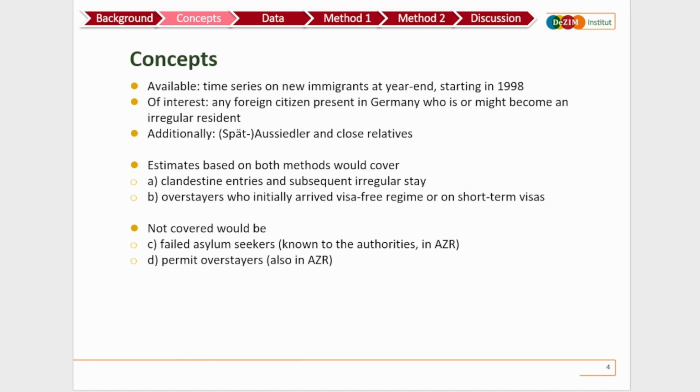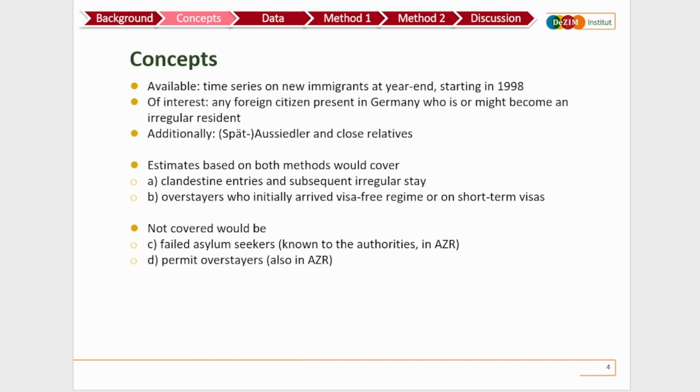What these estimates would cover are those particular groups of irregular stayers that enter in a hidden, clandestine way and subsequently stay irregularly, and also overstayers who initially had a permit or a legal status and then overstayed that